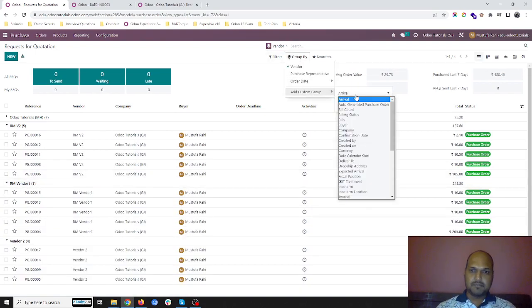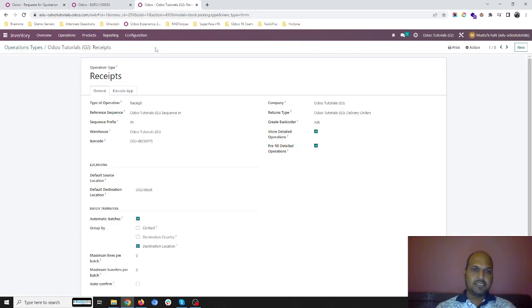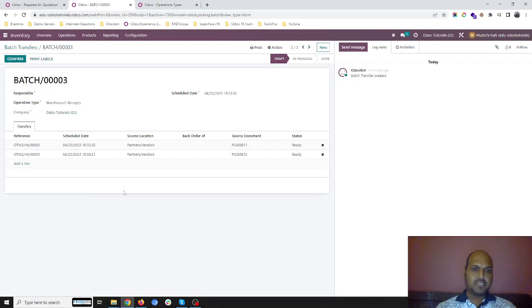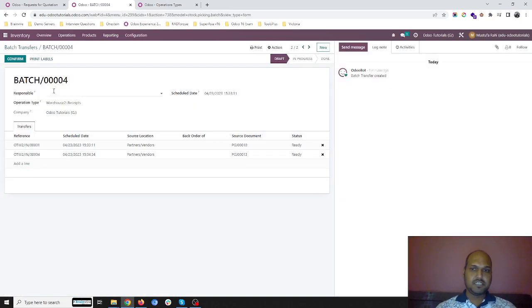Warehouse option is not available here. Okay, in Odoo. Okay, but yeah. So group by vendor, then I can clearly see whenever my vendor is same, and in my receipt operation, Odoo has automatically clubbed group by vendor, and I can simply confirm and then receive my whole quantity at once. So that's the speed up of your entire trading business transactions when you use this group